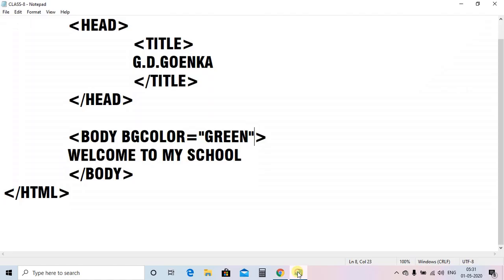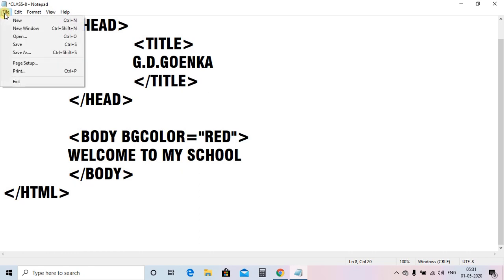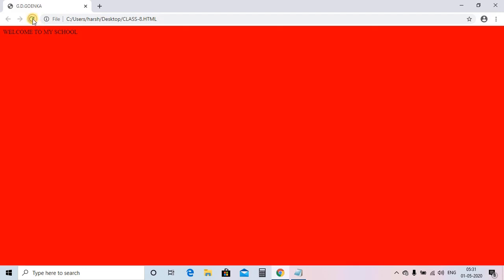Now suppose again I am opening this notepad file and changing this green to red. Go to the File menu. Remember to save the file to see the changes in the web browser. See, red.